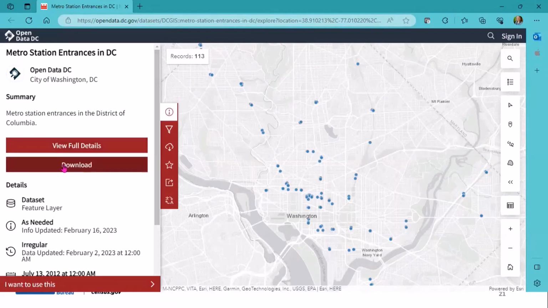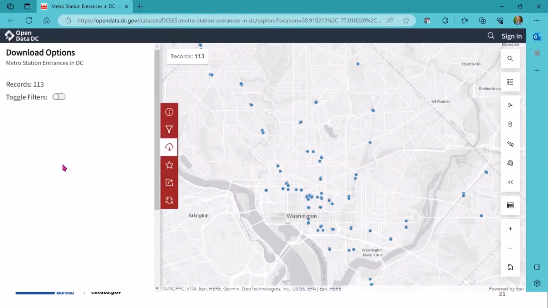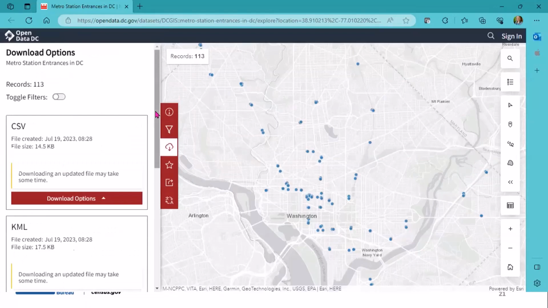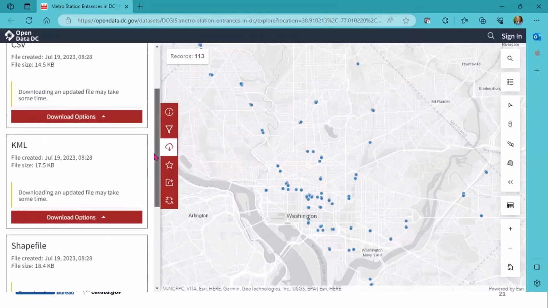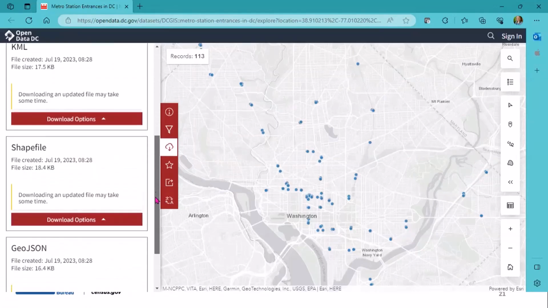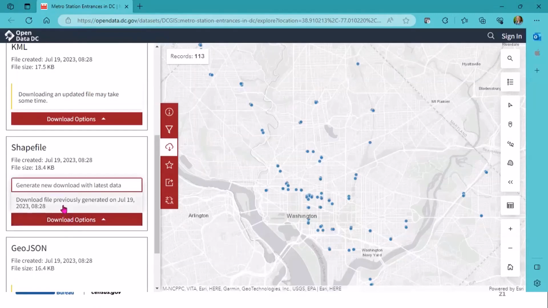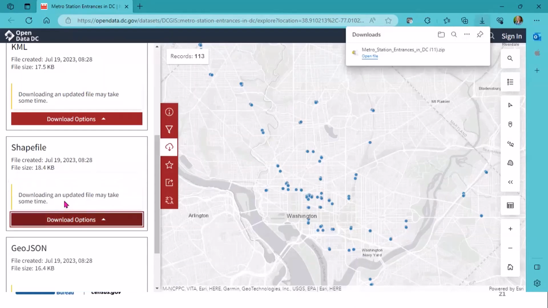So we're going to click on download. And then you can actually decide whether you want to do the KML or the shapefile. So I will click on download options, and I already had this from before. So I'm going to click on this because it'll take less time for me to do that. So I'm just going to click on that. It's downloading into my downloads.